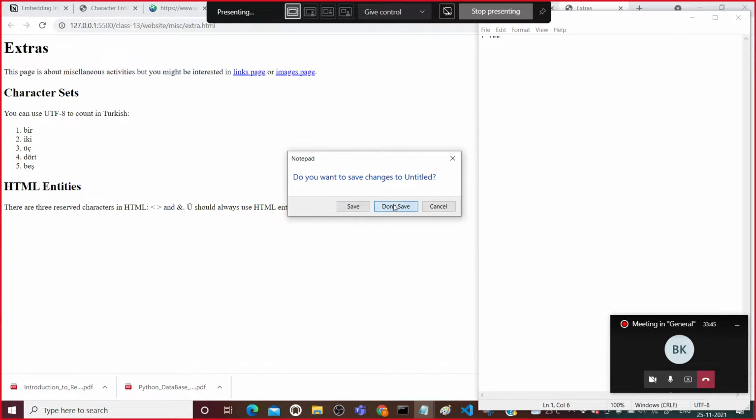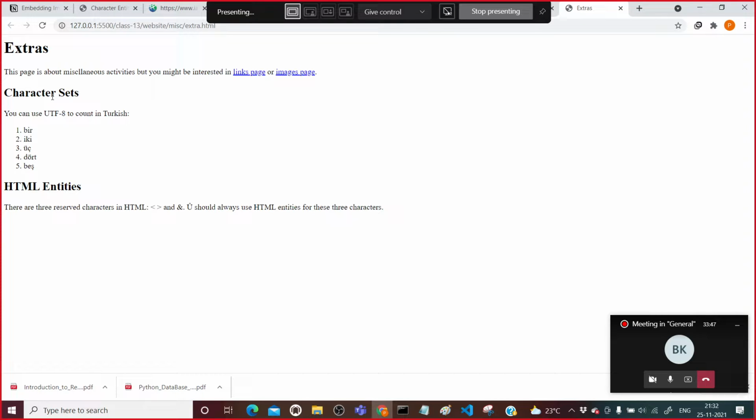So how do you create curly quotes in HTML? Curly quotes are by no means necessary, but if you care very much about typography, then we will.